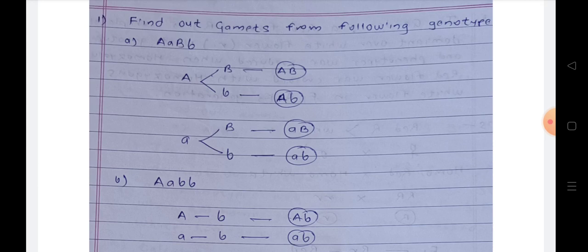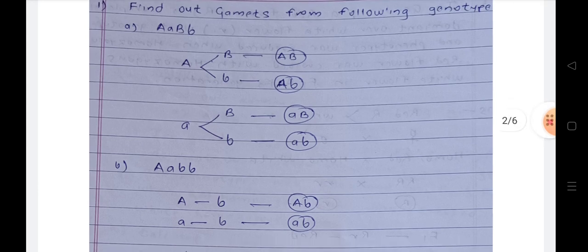So with the help of the bracket method, we have to find out the gametes. For the first gene pair, in which alleles are capital A and small a, we use the bracket capital B small b, and for small a the bracket capital B small b, and just do the multiplication. So 4 gametes are observed: capital A capital B, capital A small b, small a capital B, small a small b. Make a circle around those gametes. So in that genotype 2 heterozygous gene pairs are there, so gametes produced will be 4.